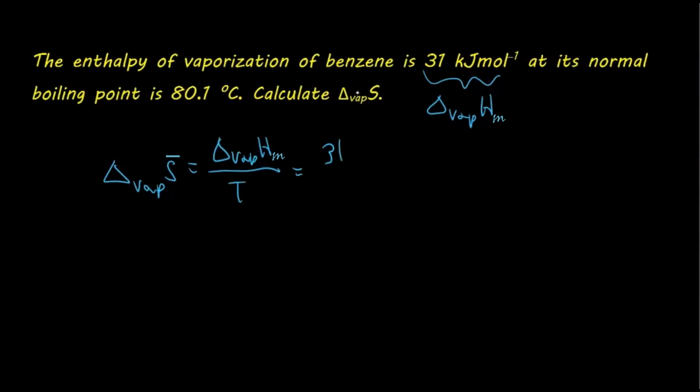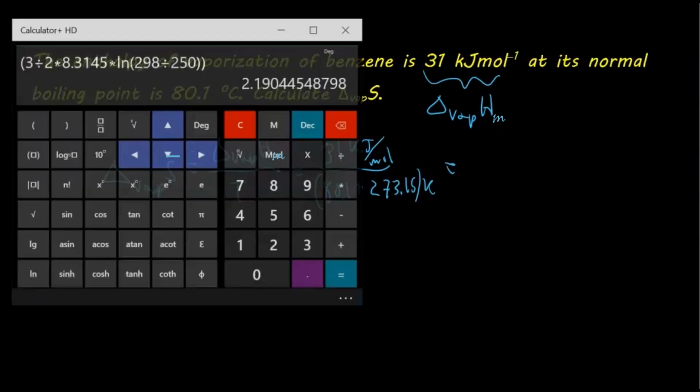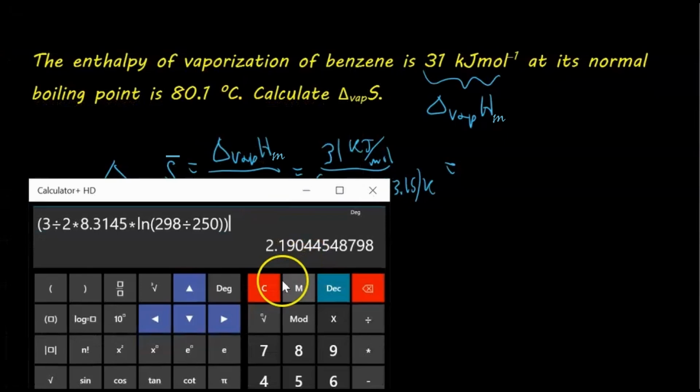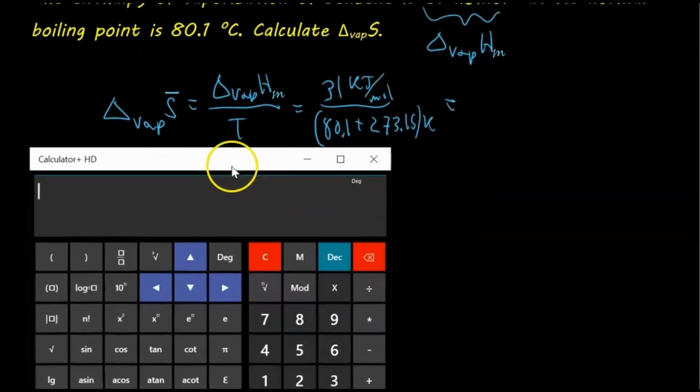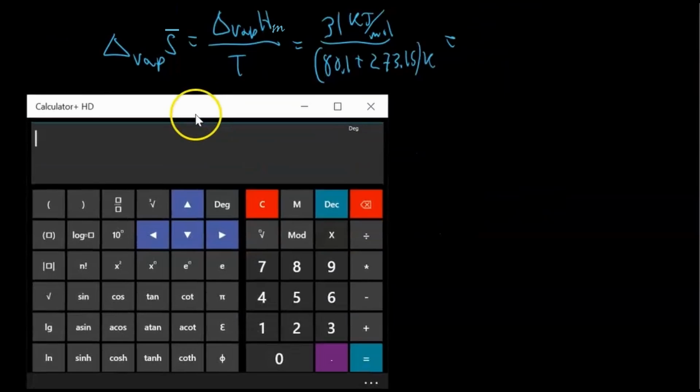And we're given what the change in enthalpy is: 31 kilojoules per mole. And the temperature is 80.1 degrees Celsius. Now we need to convert that to Kelvin, of course, so 80.1 plus 273.15, and that's in Kelvin. Okay, so we'll calculate that. 31 divided by 80.1 plus 273.15